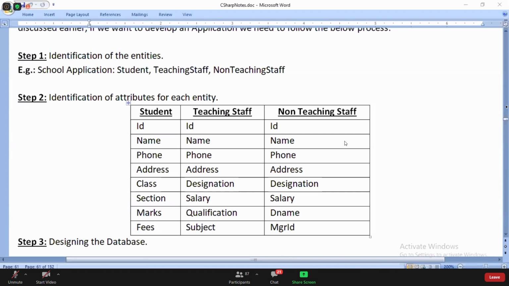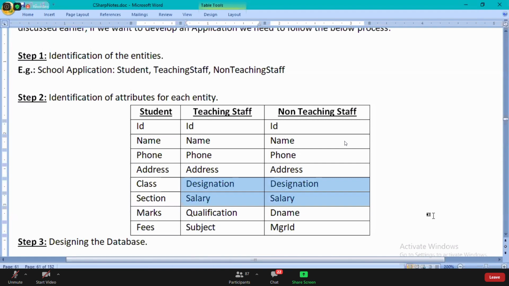Three: student, teaching, and non-teaching. In teaching and non-teaching, we have 2 common attributes now.